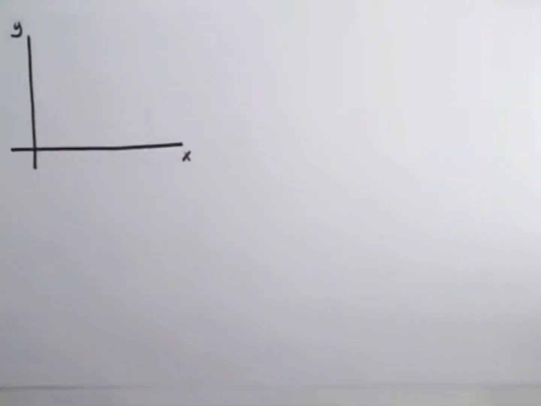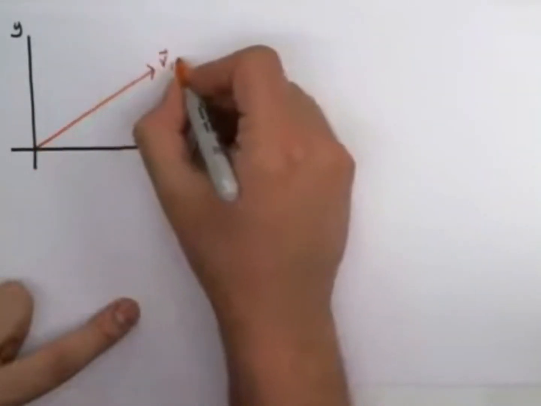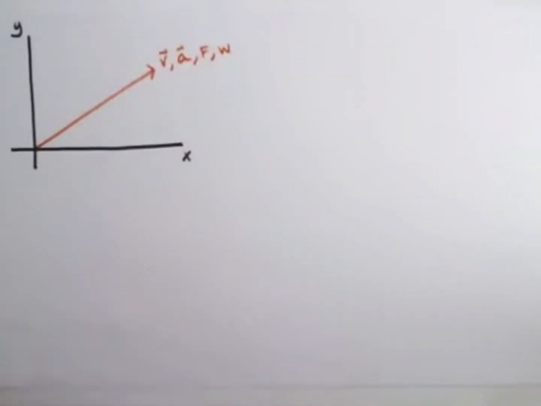So let's take a look at the most basic example here first of all. If you have an x and y situation going on here, and you're given some vector, right, like this, and this is, maybe it's velocity, maybe it's acceleration, maybe it's force, maybe it's work, it doesn't really matter. As long as it's one of those, this is going to work for all of them. And this is the most simple situation. So if you're given this here,